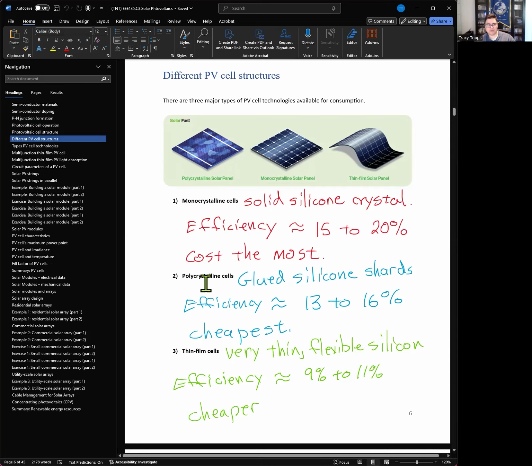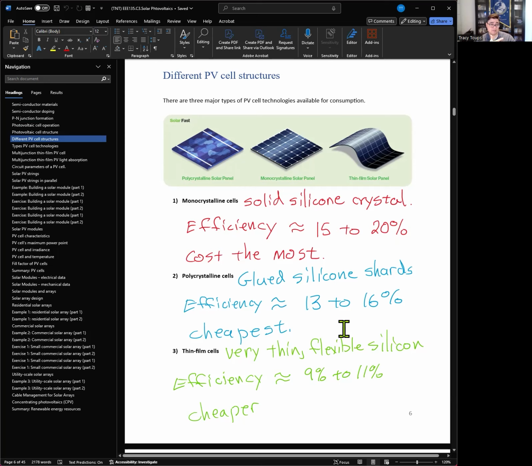Okay. Polycrystalline cells are kind of the next level, where instead of having one solid piece, you have a bunch of broken pieces you glue together. So think about taking a bunch of glass that's shattered. We could re-glue them together to kind of half make the mirror again, or make a glass with cracks everywhere. It's better than nothing, but that's pretty much what the poly part means. So it's basically all these extra shards that failed in the monocrystalline process. We glue them together, and then we can still have a PV cell, but it's just not going to be